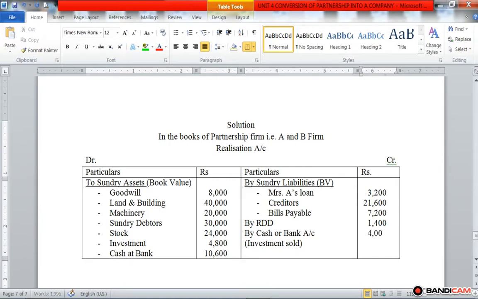Here the second effect is on the cash account debit side to realization account, but here we did not prepare a cash account. So only one effect, that is cash comes into the business on account of realization, because we sold out the investment amounted to rupees 4000. Okay, then